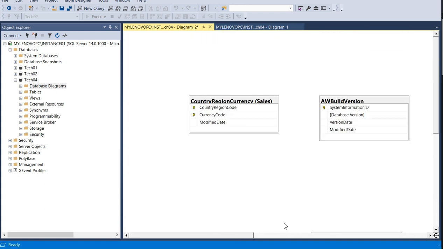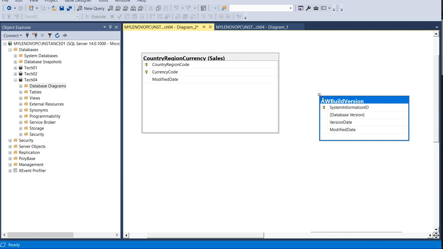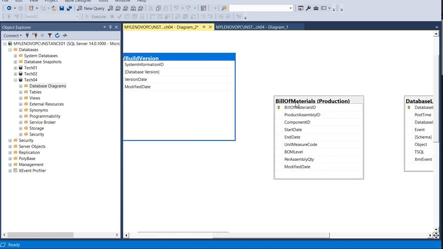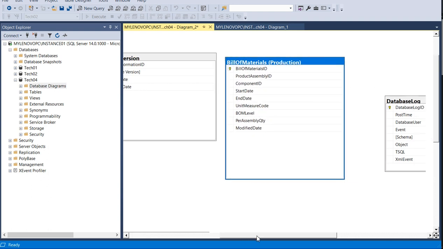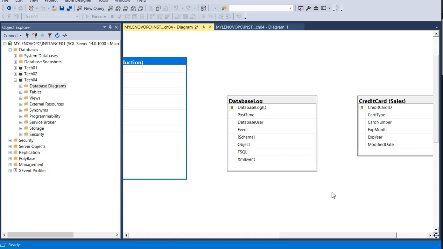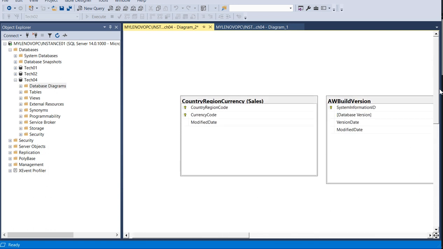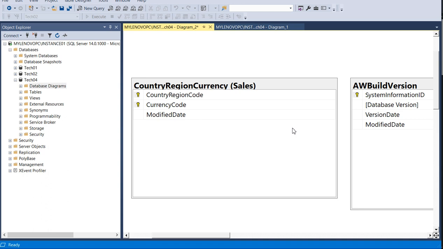Okay, one more thing you have to do. If you want to adjust, you can extend the size of this table. These are the manual things you can do. You can just simply expand it. And one more thing you need to do in the settings: right click and zoom. You can also change it. So let me change the zoom here to 150.